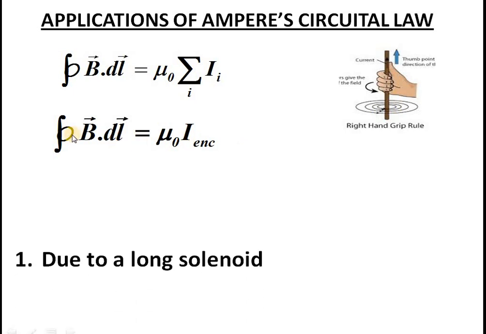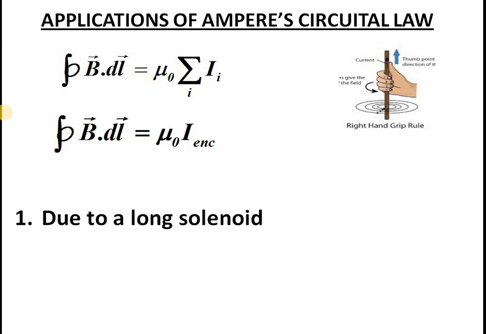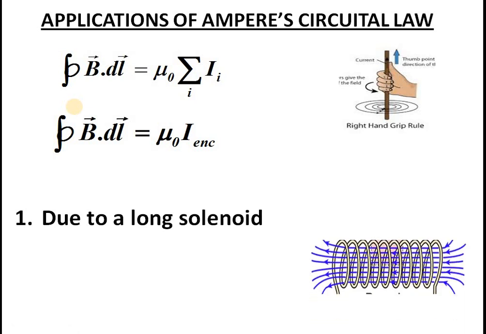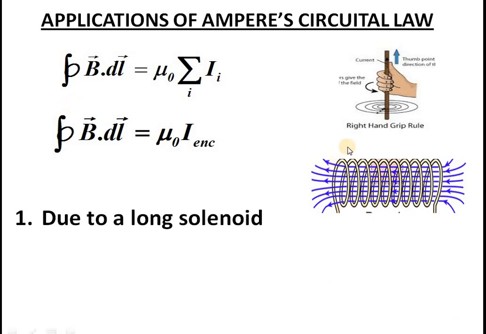We will use that particular theorem or law to find the magnetic field for different wire geometries. Like a solenoid. Do you know what a solenoid is? A long wire wound in the form of a number of circles, a collection of coils. A single current is passing through all the turns, so a magnetic field is created in the space. The magnitude of the magnetic field can be found using Ampere's circuital law. We will see how that is done.